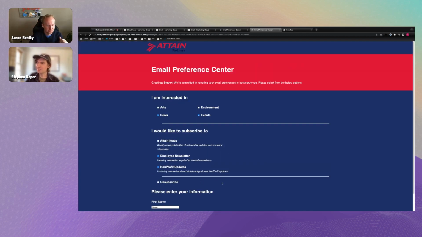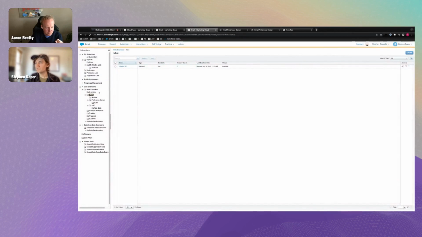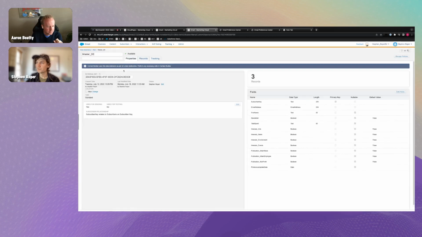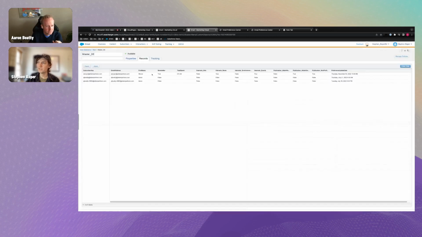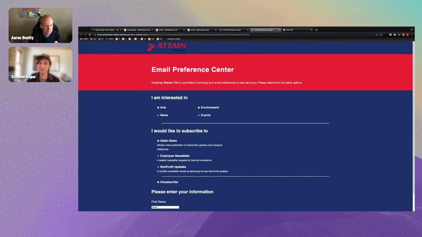This information is being directly pulled in from the master data extension for this account. If I jump over to data extensions within Marketing Cloud and I look at the master data extension and look at the records, we can see my subscriber key at the top here, an email address, and my first name is being pulled in. And then my interests are either true or false, depending on what I have selected. If I go back to the preference center,